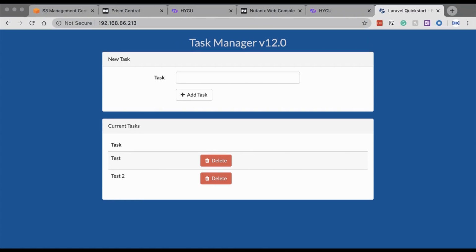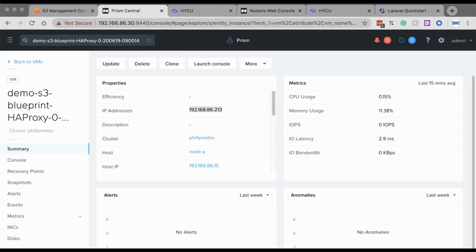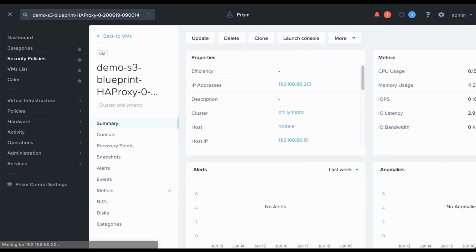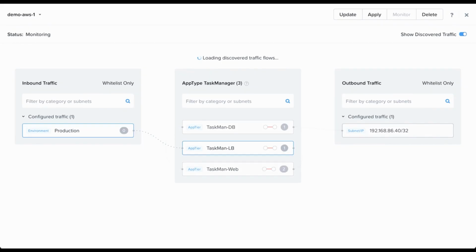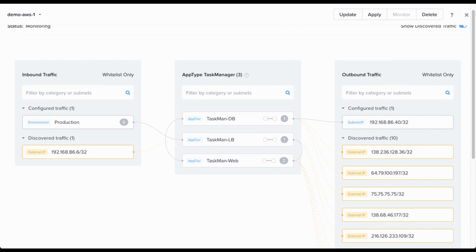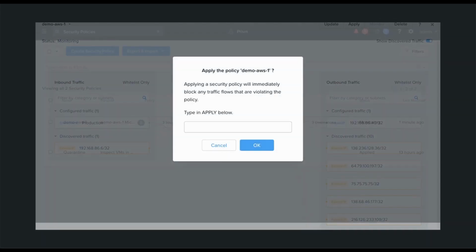So now what we can do is switch back over to Prism Central and go under security policies, and we should be able to see some traffic flow, which we do. And you'll see here is my discover traffic. Now, because I'm monitoring, I have not blocked access, right? If I go ahead and apply this policy,